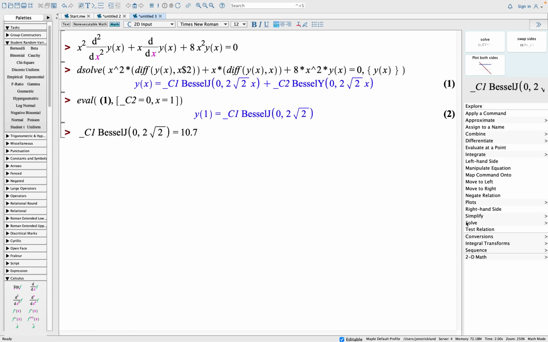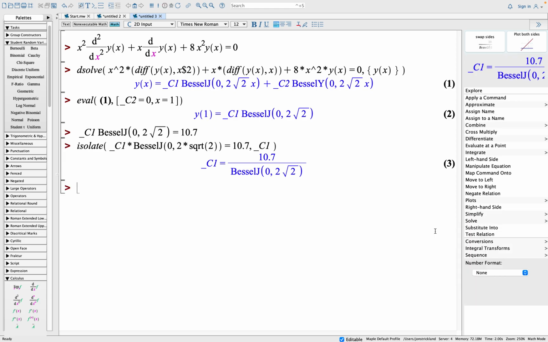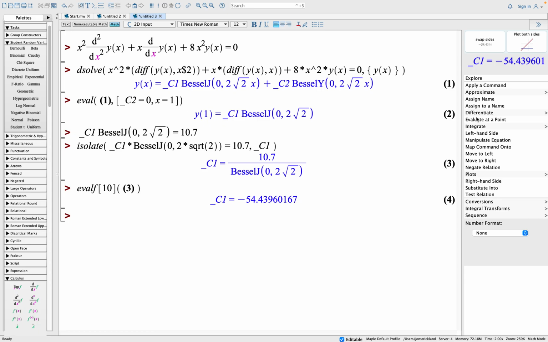and I'm looking at solving for c of 1, so you have 10.7 all over what I have for the BESSEL of the first kind, and approximating, and we'll say to 10 decimal places, so we have c of 1 at negative 54.43960.167. So for what I'm going to have here, if I'm looking at evaluating y of 1.7 and y of 2.3, what I can do in this particular case is I can copy this value,